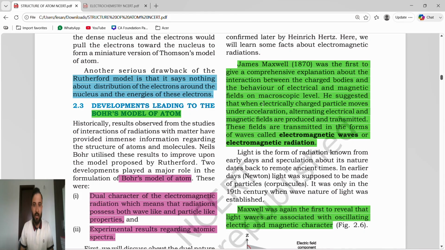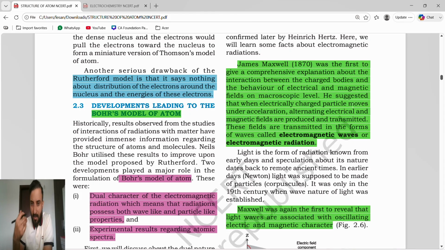This concept is given by Maxwell. James Maxwell was the first to give a comprehensive explanation about the interaction between the charged bodies and behavior of electrical and magnetic field on a macroscopic level, on a big level. It's not the small level, on a big level. He explained. Okay, what he suggested after explanation, he suggested that when electrically charged